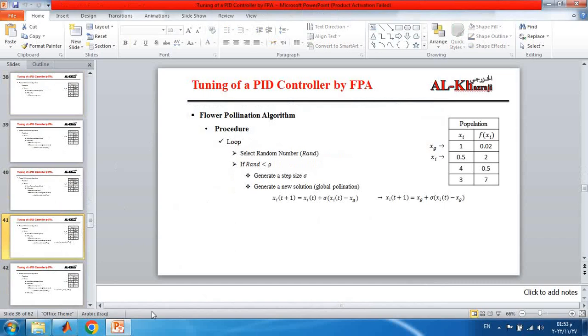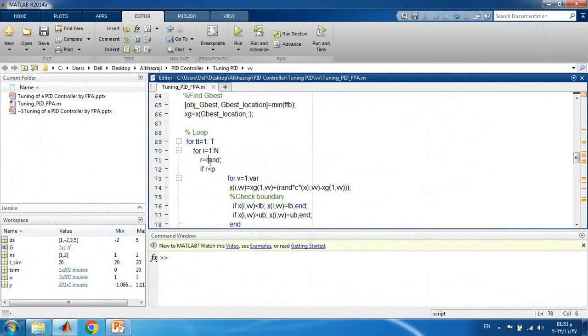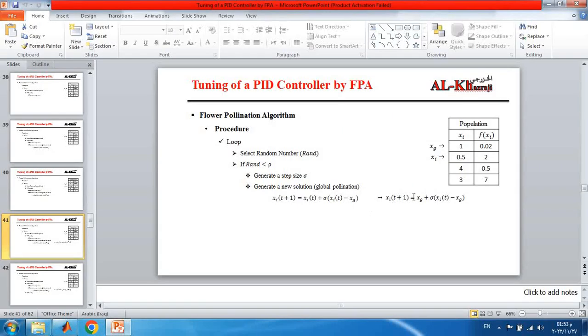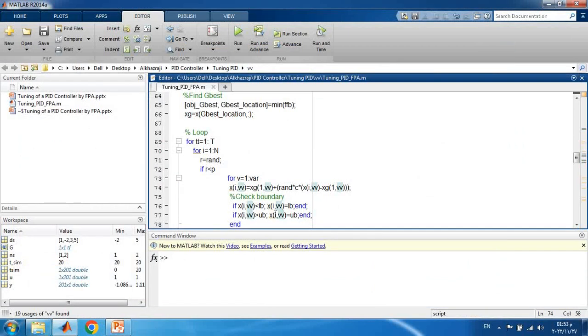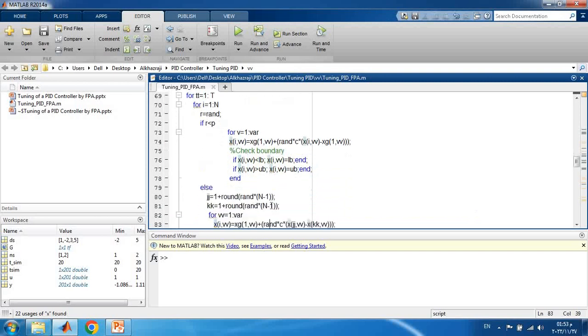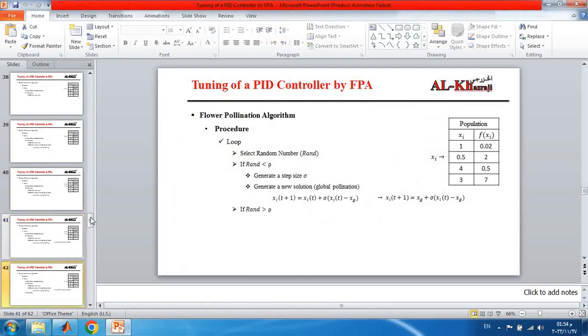We first generate a random value, and we compare the random value with the switching probability. If it's less, as I said, I use this equation, which is xj, and the difference between the current and the xg, multiplied by a random number and c, which is the step size, plus your current position. And just check the boundary, if you are in the limit. And if it's else, which is larger than the switching probability, we perform the other searching,